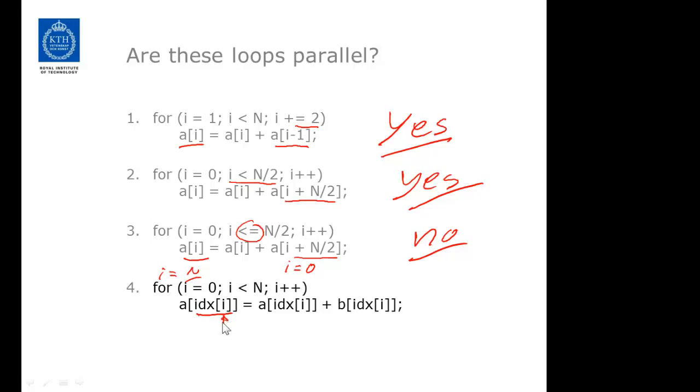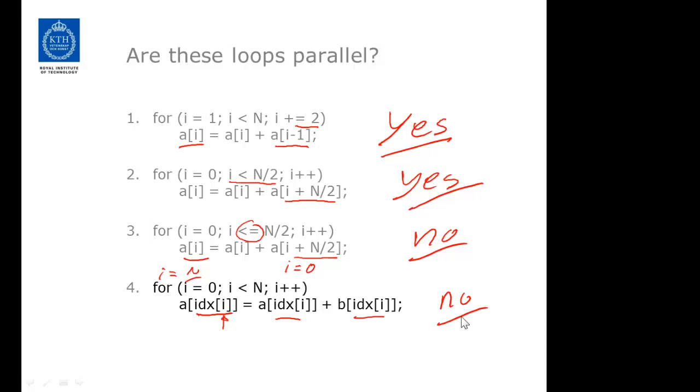So we do not know if more than one iteration can read or write these particular indices produced by index of I. And since we do not know the index, we don't know which iteration will read, which iteration will write elements here. So no, we cannot parallelize this with good conscience, because we don't know if there are loop carried or other